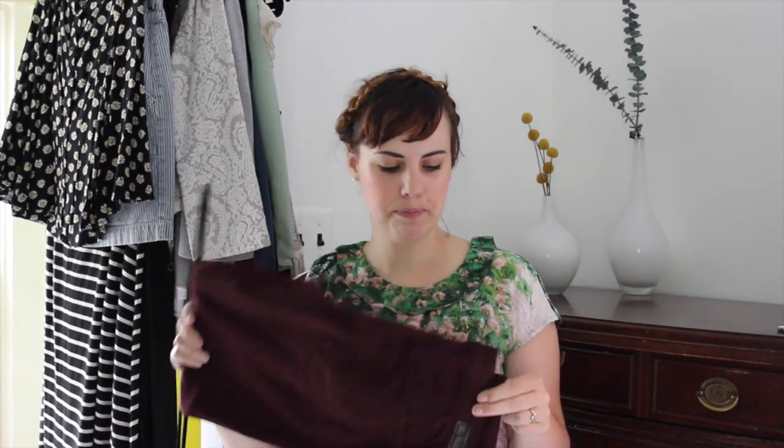These are some AG sateen colored jeans. They're really lovely, and I bought these when I was working at Anthro when they went on a mega markdown, and I got them for like, I want to say $20 or $30, and I actually bought them in two colors, this and a dark green color. And I think this was a situation where I was buying a thing because it was such a good deal and not because I actually needed it, because it turned out they didn't really fit a gap in my wardrobe,